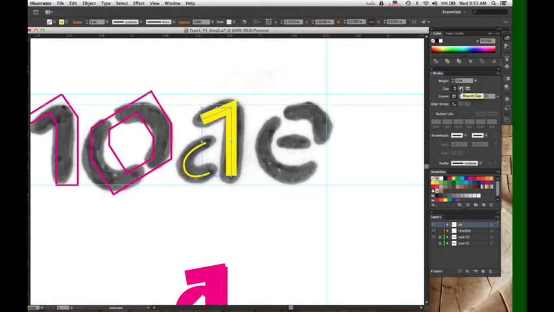You can have a round cap, which just rounds it off. The thicker your stroke, the bigger the round cap gets. And you can have a projecting cap. So as thick as your stroke is, it projects that much.